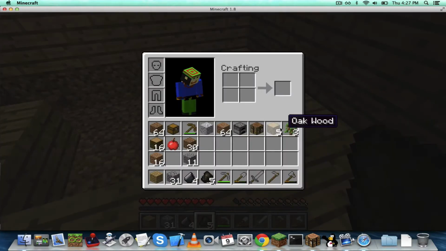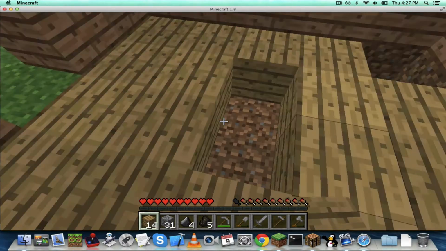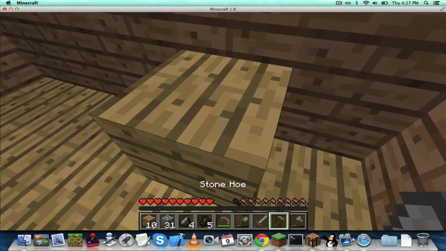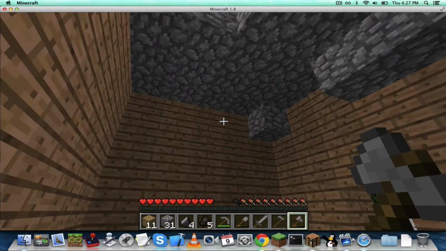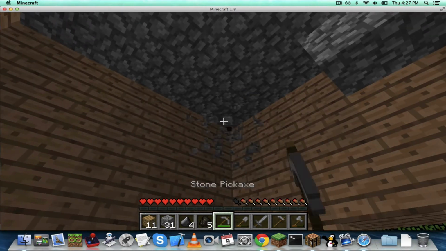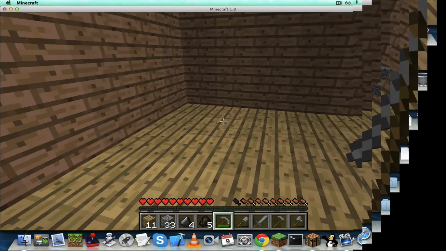And now what I can do is I can get that oak wood and then Shift and then press my left mouse button, and then I just right click and put it all back down. Oopsies. Just like that. We don't want that extra piece there. This is a kind of house. I usually make bigger houses, but since there's a lot of trees around, I'm not going to make that big of houses. If you find like a little plains or something, yeah, sure, why not? But